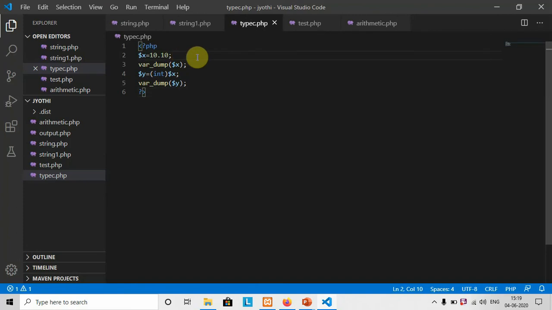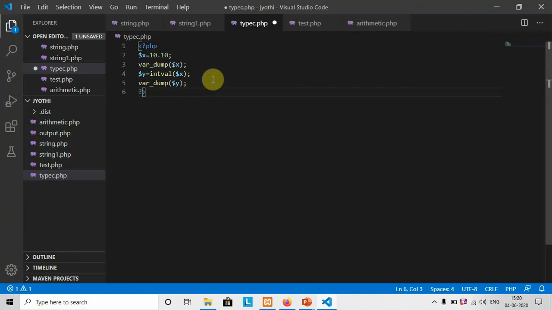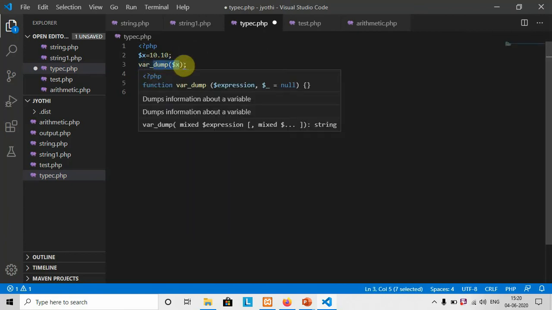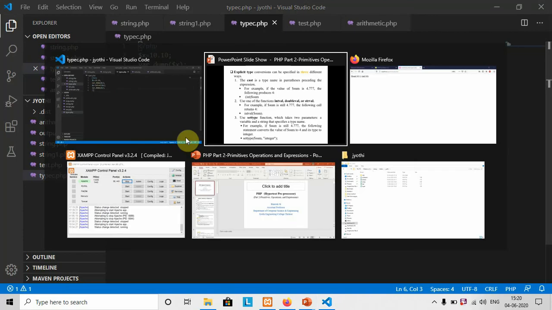Of course, initially it is a float, that means double here, but by using the function intval, y should be of integer type. So the output should be first double or float, and then integer. Yes, float and integer.